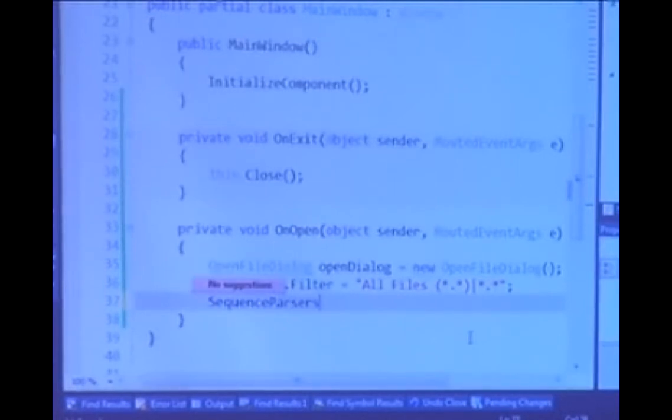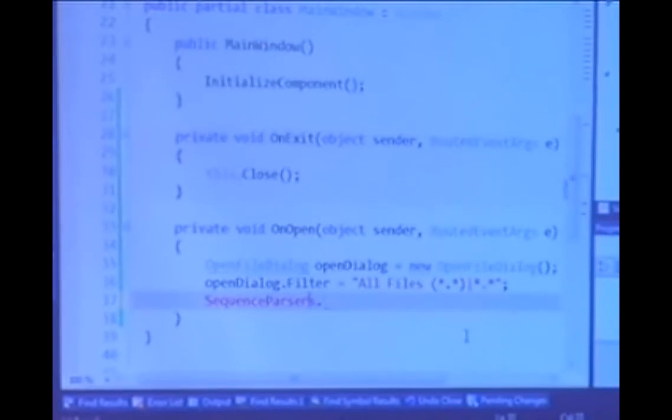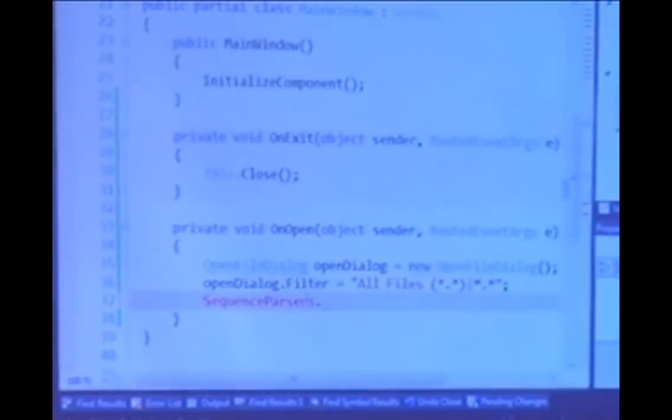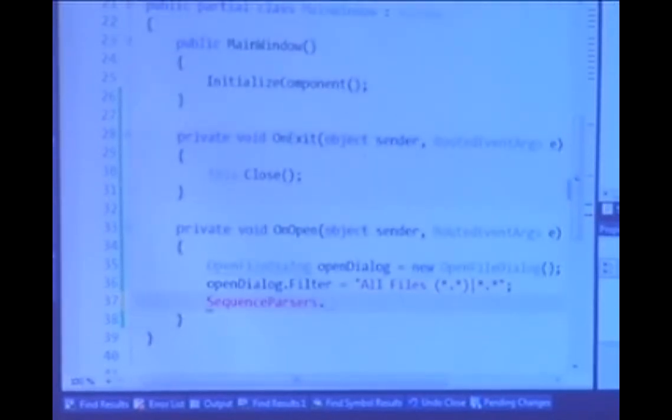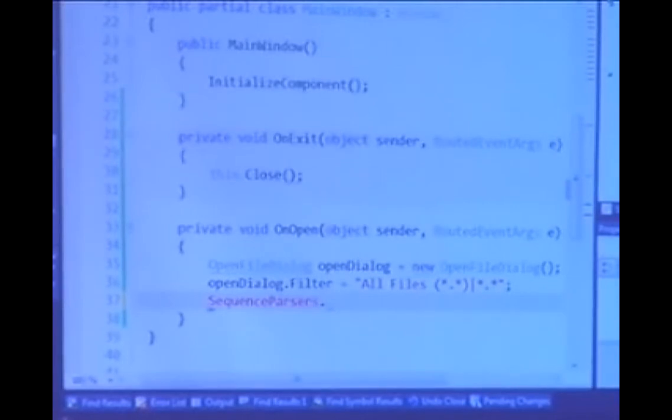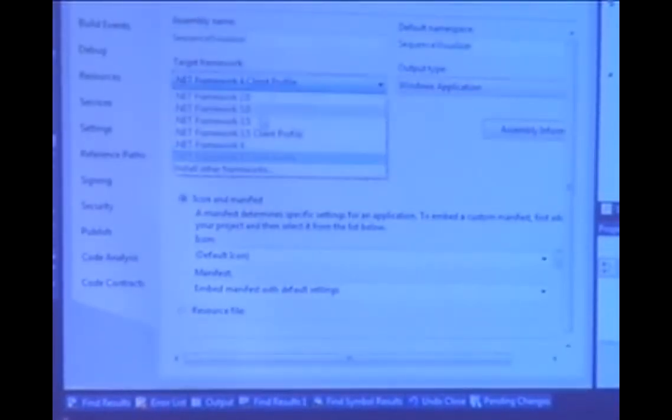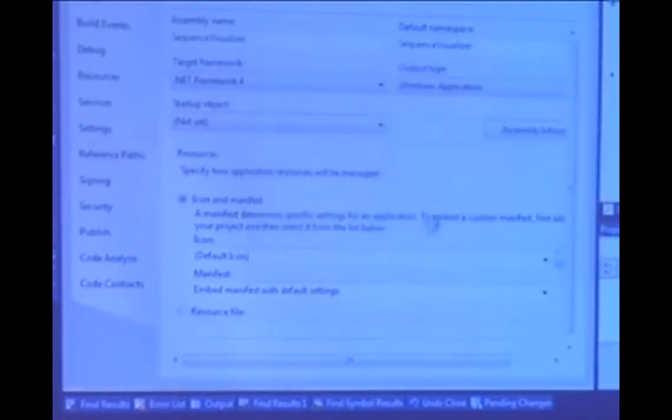Let's go ahead and put the namespace in for that. Oh, what is the first step to do with this? Let's go add MBF. Okay, and remember that the other thing that I'm going to have to do for this application is change it from .NET Framework Client Profile to .NET Framework 4. All right, so that typically is going to be one of the first things that you'll do with your app.